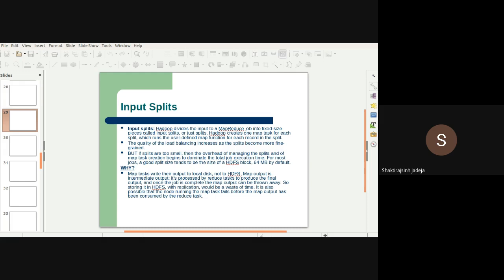It is also possible that the node running the map task fails before the map output has been consumed by the reduce task. These are the reasons why we do not store the split output into HDFS directly. We first perform the reduce task and then store the final results into HDFS.